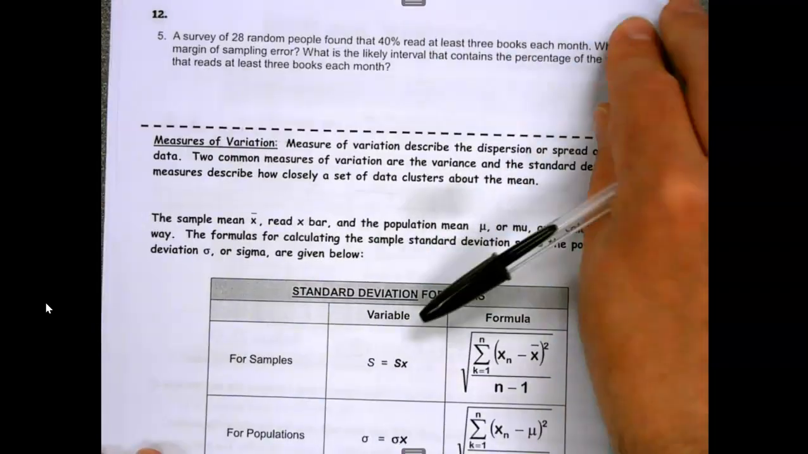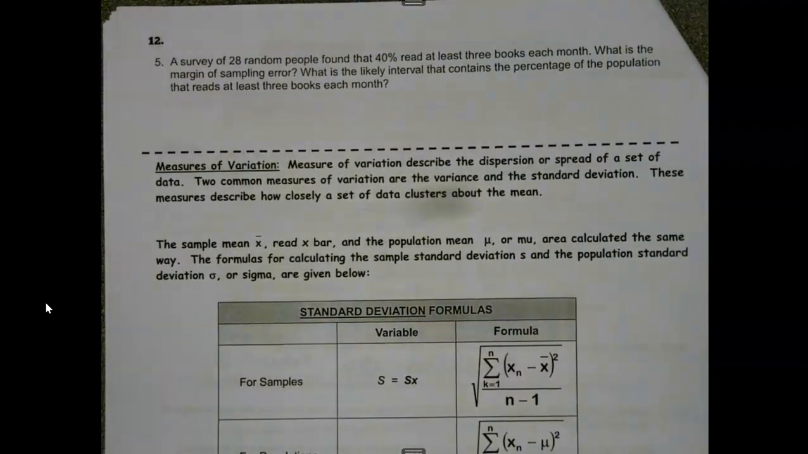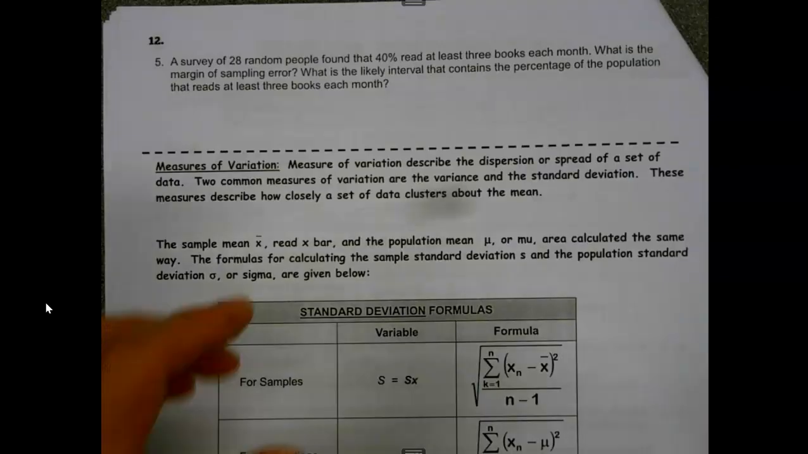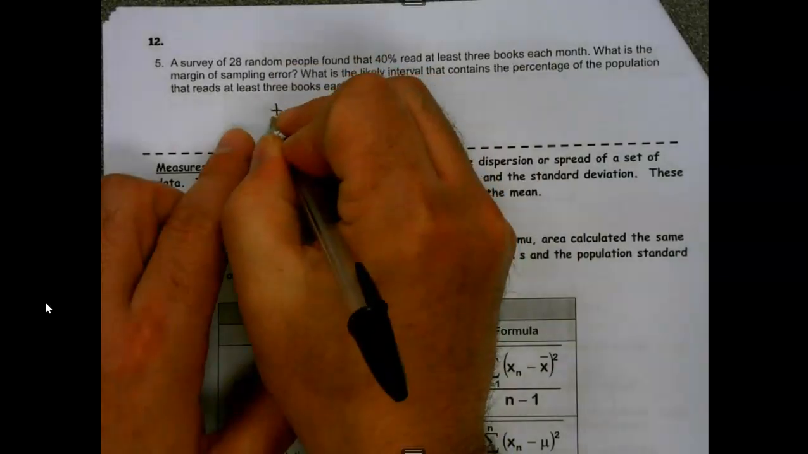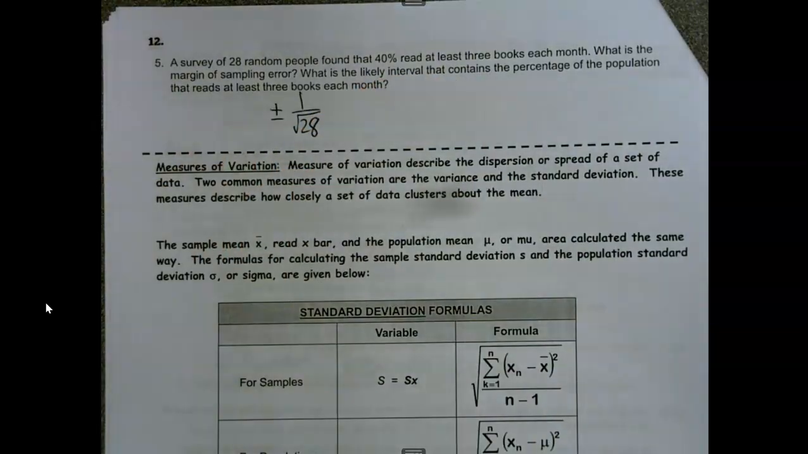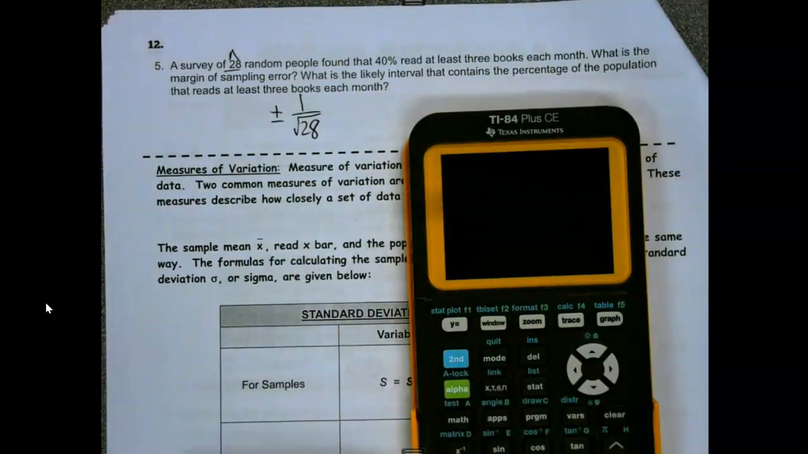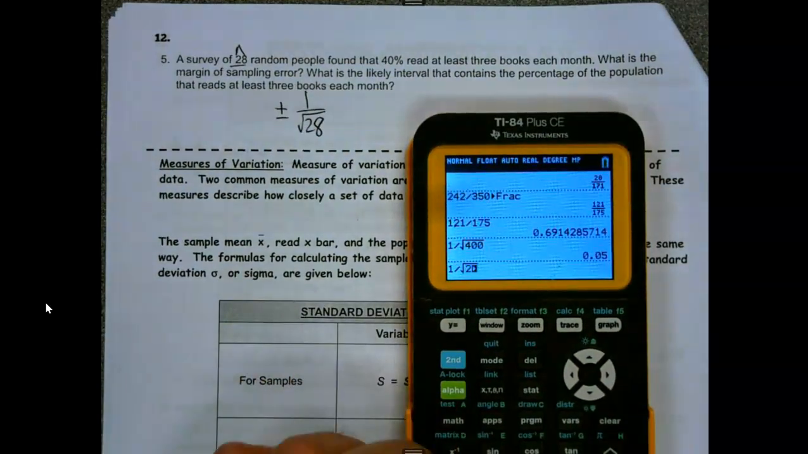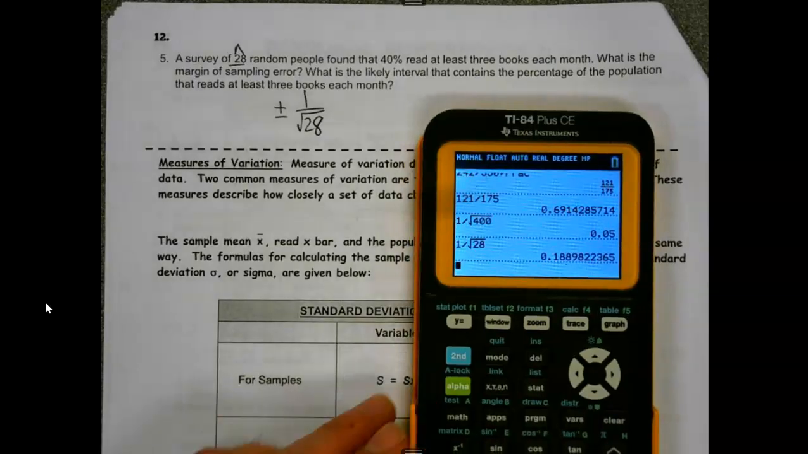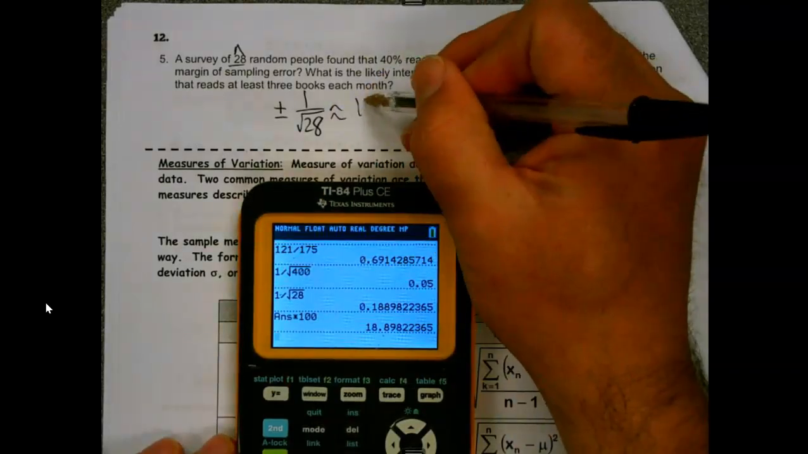So, we are going to get to some math here, I promise. Okay. A survey of 28 random people found that 40% read at least 3 books a month. What's the margin of sampling error? Okay, first thing, plus or minus 1 divided by the square root of what's our n value. So 1 divided by the square root of 28. Again, you're looking at this as a percentage. So about